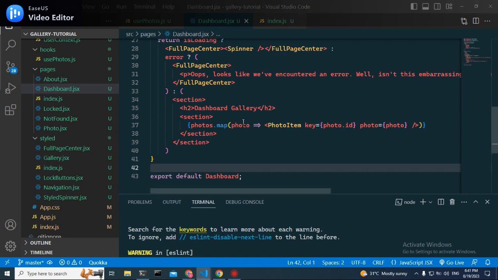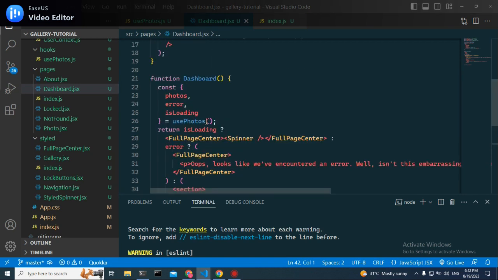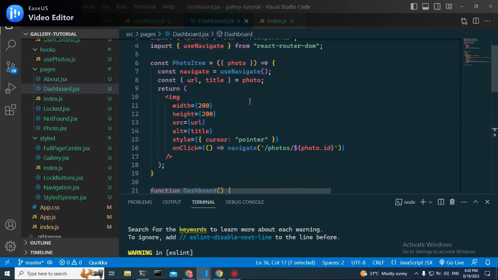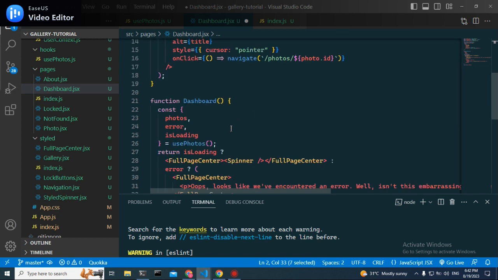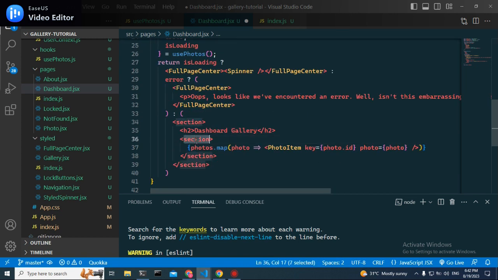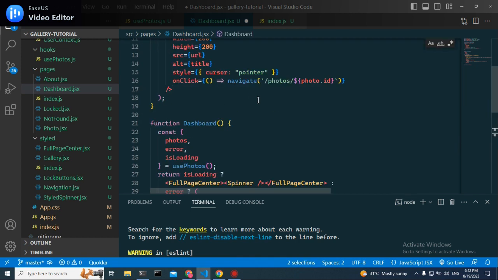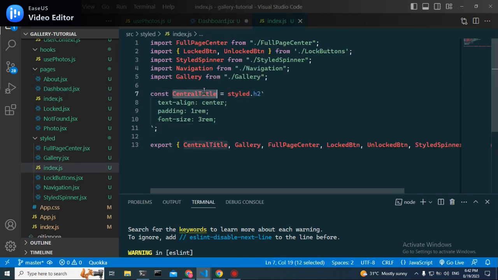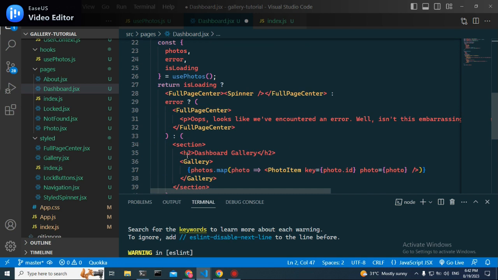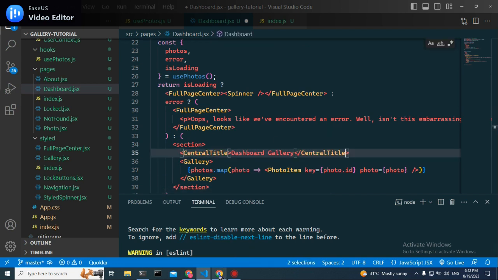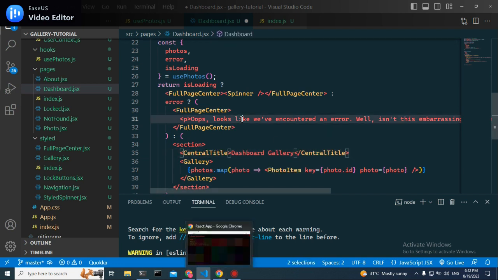Now if I come to the dashboard component, instead of this section here, simply get my gallery and use it here, and I'll get my central title and I'll use it instead of this h2 here. So I'll save that